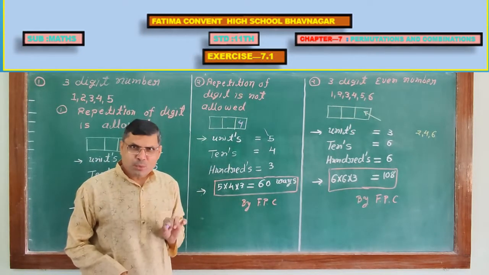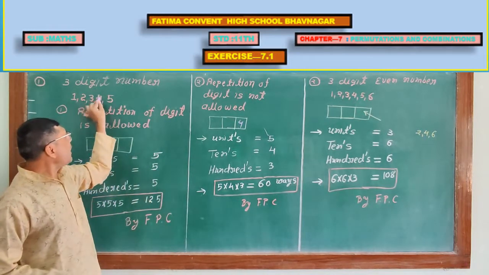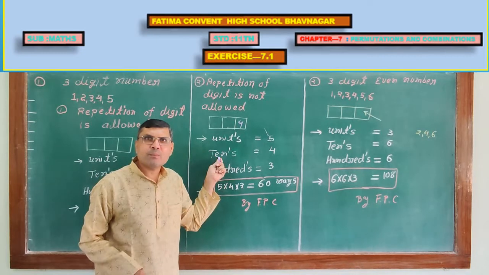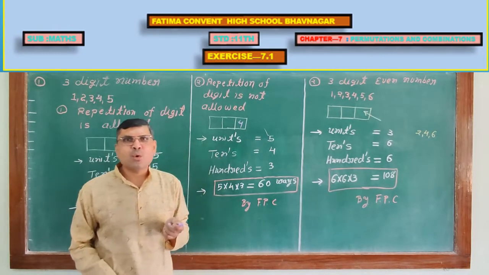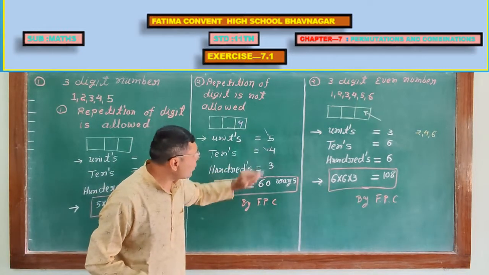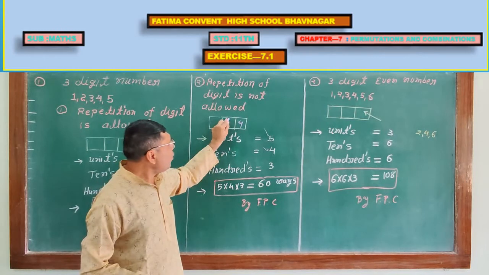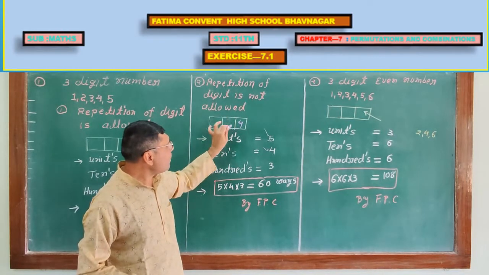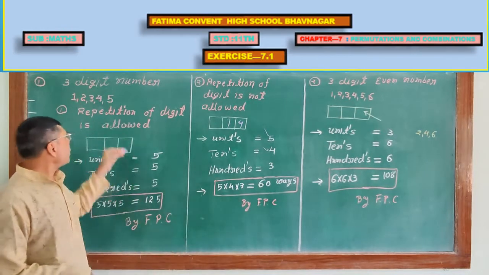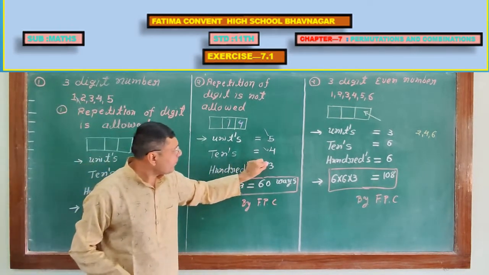Suppose I am selecting the number 4 over here. Then now for the next place, remember since repetition is not allowed, I cannot select 4. So now I have only 4 choices. Suppose I am putting 1 over here. Then for the 100, now I have 1, 2 and 3, so 3 choices only.